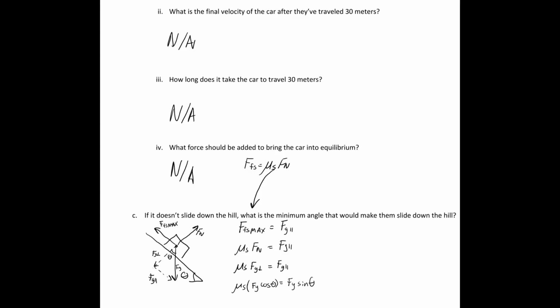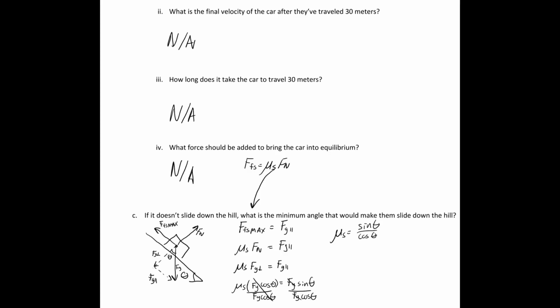So if we want to get these thetas all to the same side, let's do this. Divide by this term. Now Fg divided by Fg, those two cancel out. And you're left with the coefficient of friction on one side, mu s, is equal to sine theta divided by